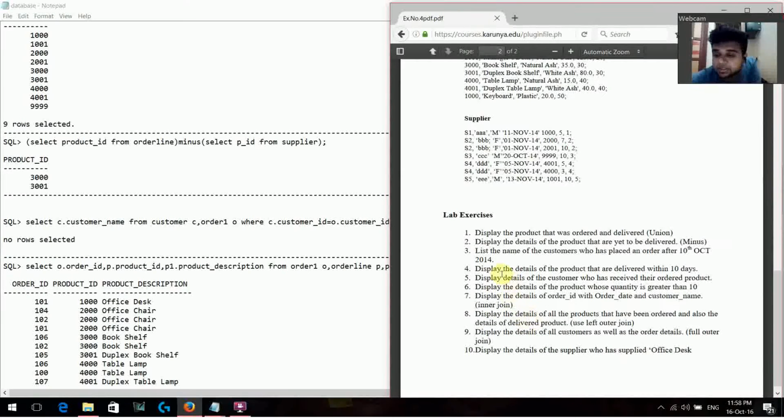The next question is display the details of the products that are delivered within 10 days.